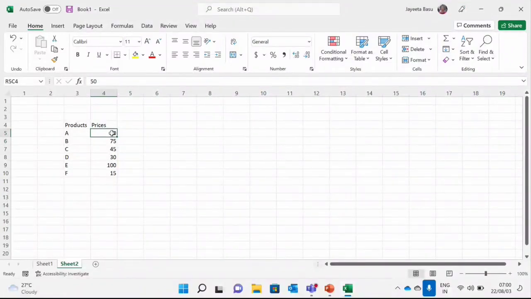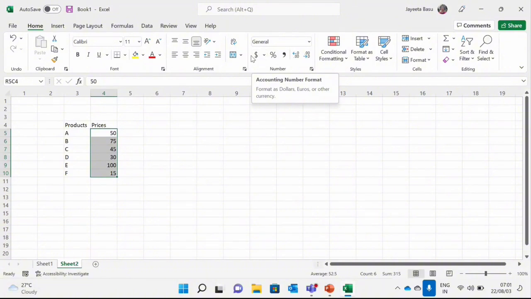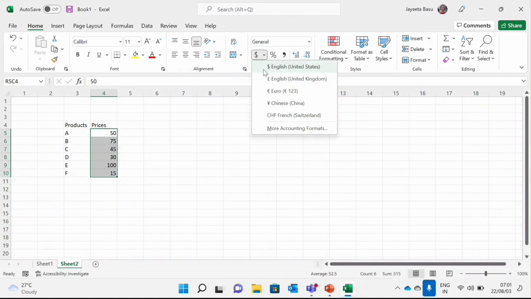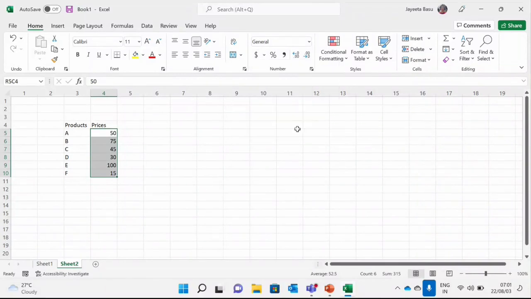Now you see this, select all of them. I've selected all of them. And you see this sign, the dollar sign here, accounting number format. So this is in the home ribbon menu. In number itself, you will be able to check the accounting number format, irrespective of whichever version of Microsoft Excel you are using. This will be present in the home ribbon menu, right? So you go here and you can see dollars, euro, pound, yen, all these different currency signs are already there. What you also see is the option called more accounting formats. So you go here